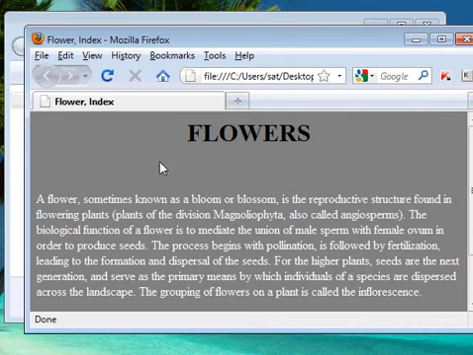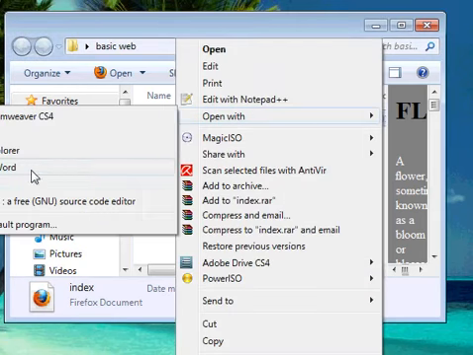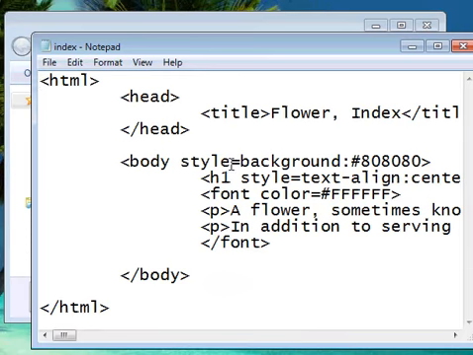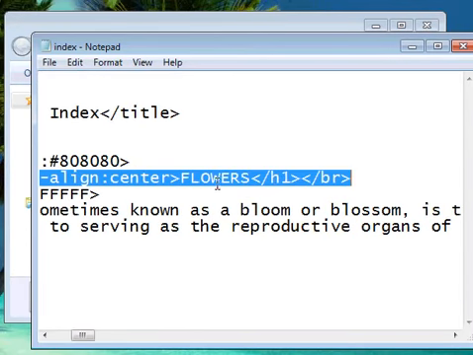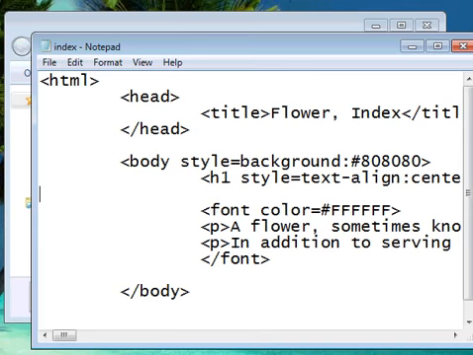I want the link here between this heading and the paragraph, right in the center. So here I'm going to open this one in Notepad, index.html, and we got the heading here in the h1 tag. Right within the heading we got flowers as the heading, so we want the link between the heading and the paragraph, right? So between them,